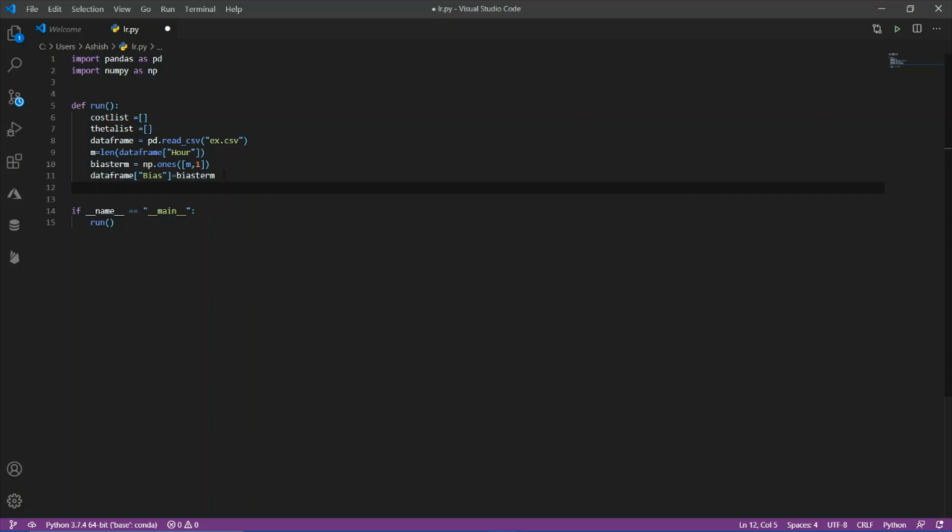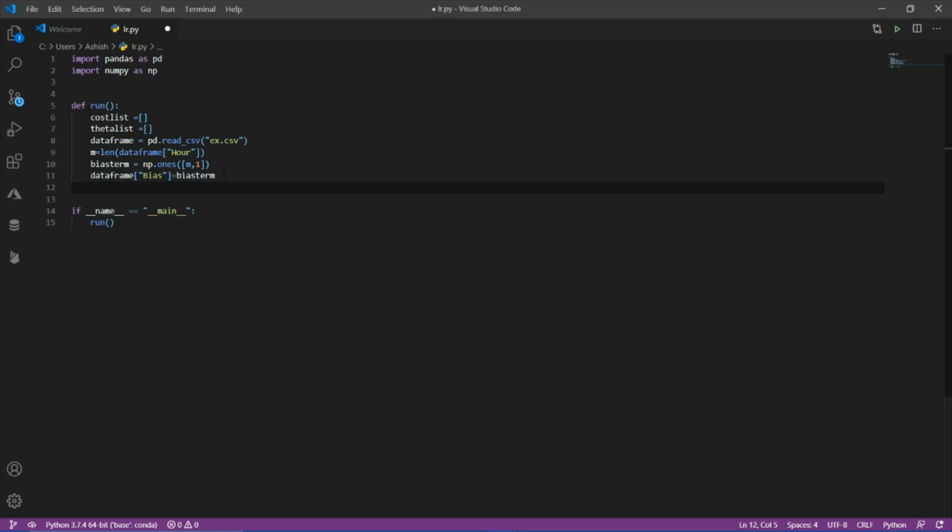Here I only need 2 thetas, theta naught and theta 1, and my feature x will be of dimension m into 2. I have the bias column and the hour column. So I have the number of training examples, and I have the 2 columns. So basically my feature x will be of m into 2 dimension.